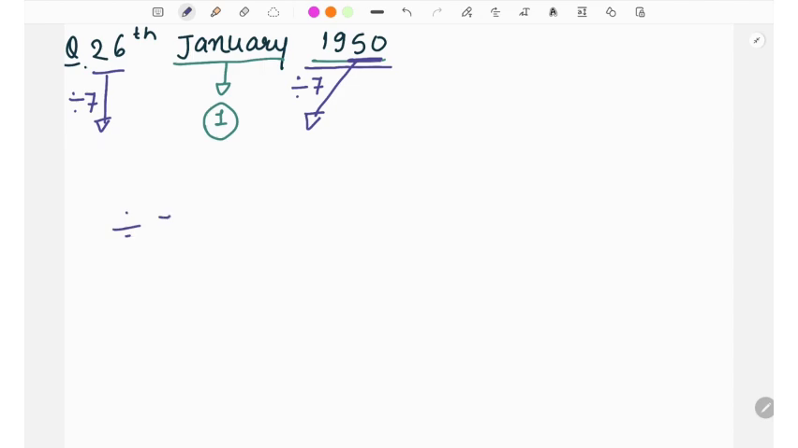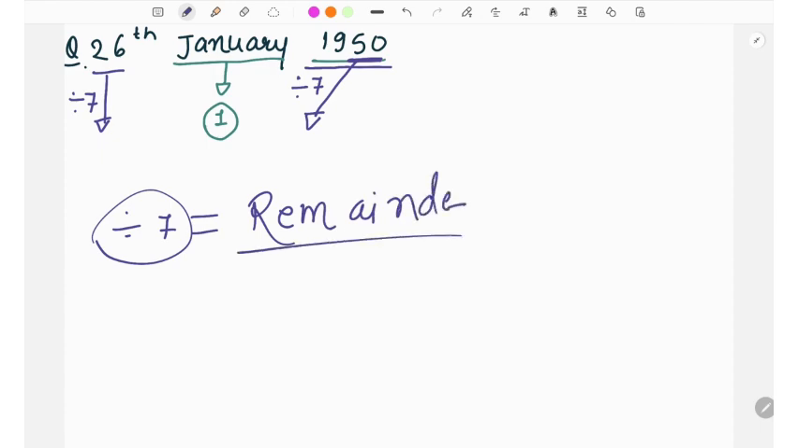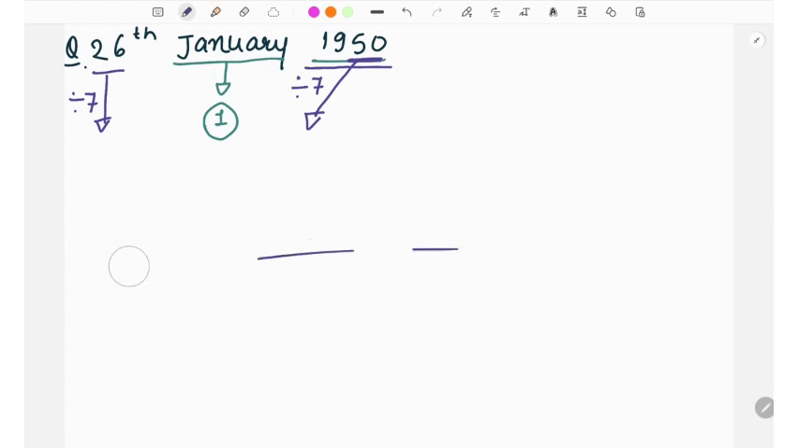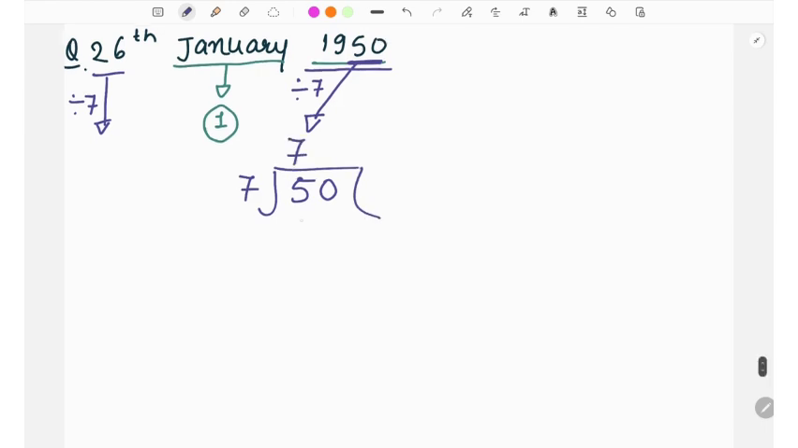And whenever we divide by 7, what do we focus on? We just focus on the remainder. So here, the last two digits are 50. 50 divided by 7, 7 sevens are 49. What is left? 1 is left. So the one remainder is important for me. Rub it off and simply write here 1. And if I divide 26, now the date, by 7,